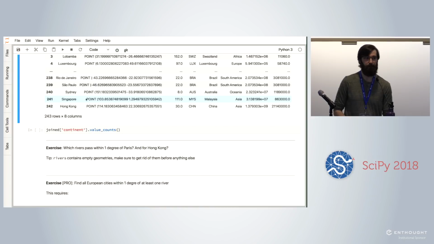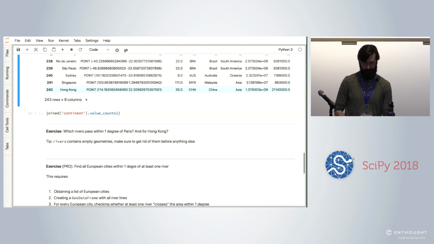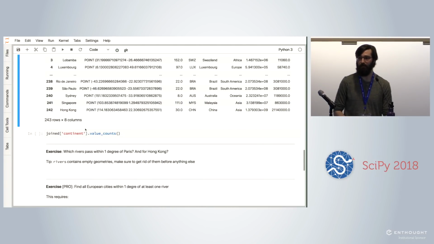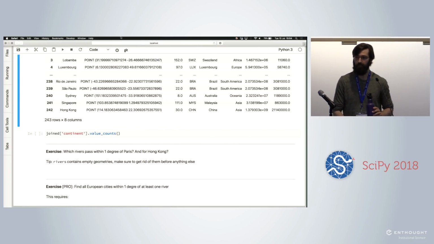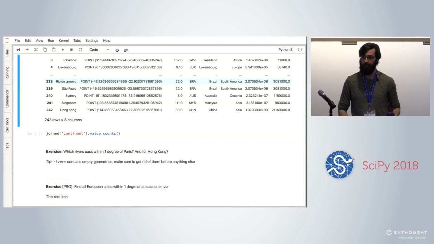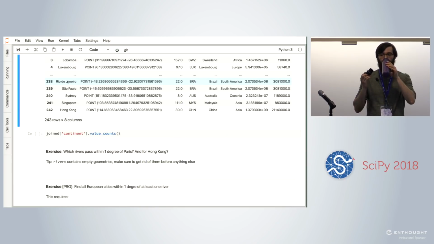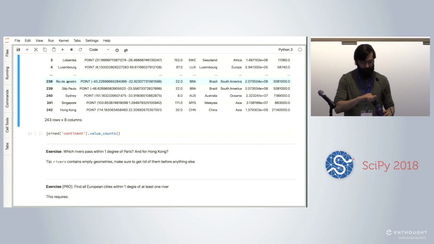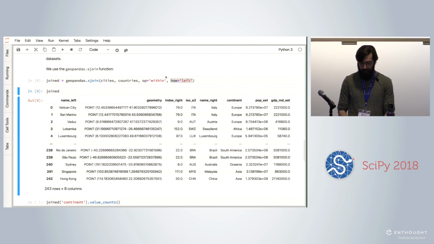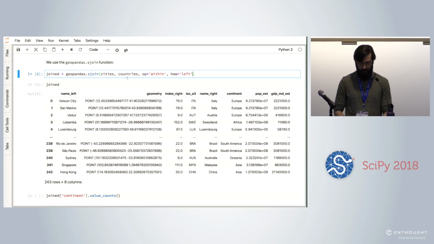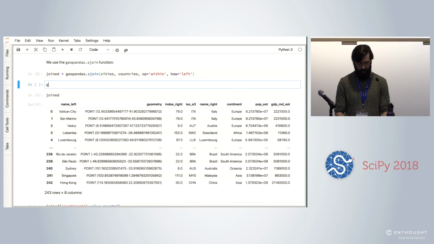Any questions? Is there a way, let's say for one city, it wouldn't find a country, to determine whether it keeps that city or not? So the question is, what if there's a point that is not within any polygon? Will it keep it in the geodata frame or will it throw it away? So before I tell you a lie,